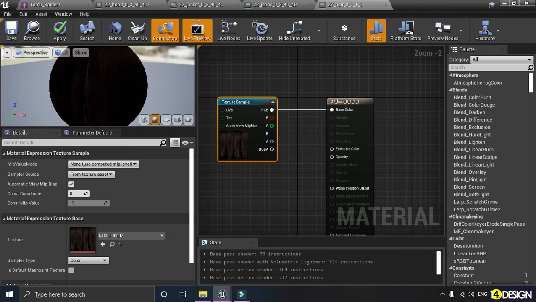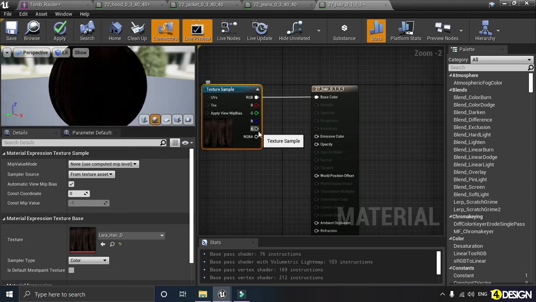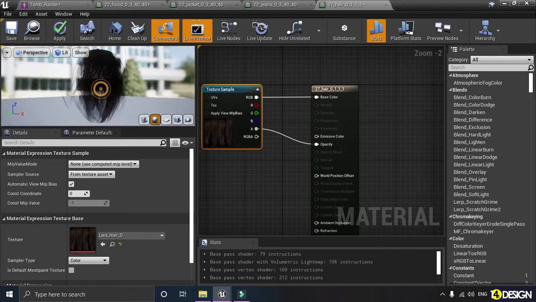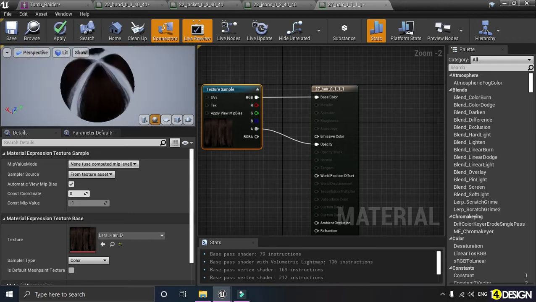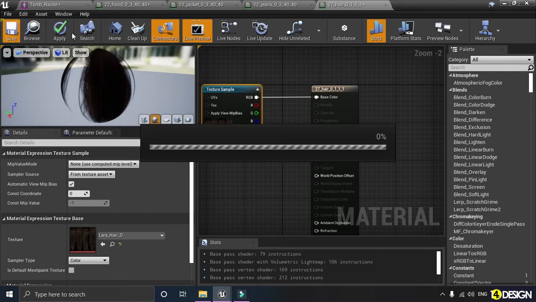Now, because it is a PNG file, we're gonna add this alpha node into the opacity node. Let's see if this works. Yeah, as you can see, we have created a transparent material.